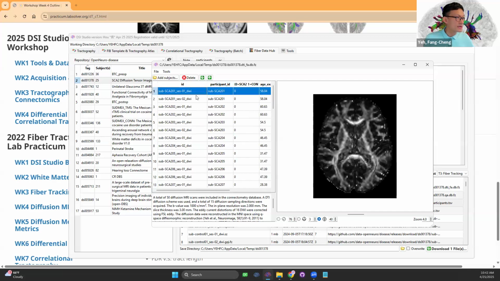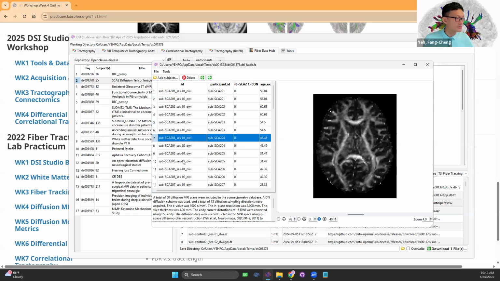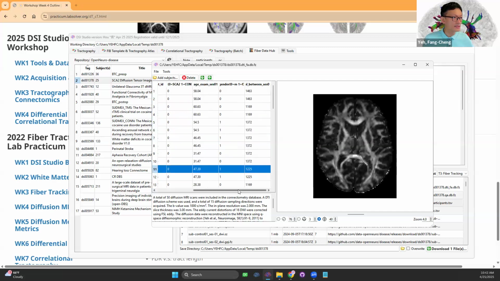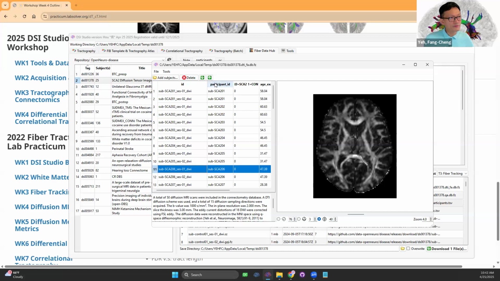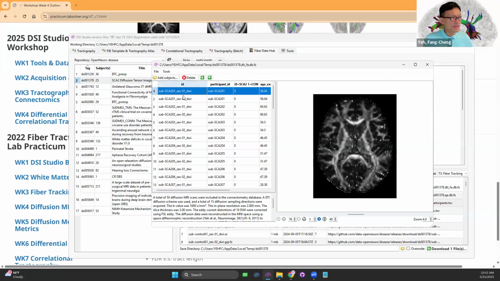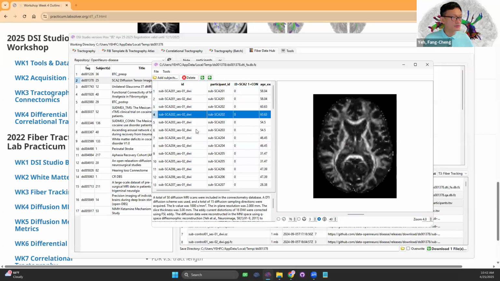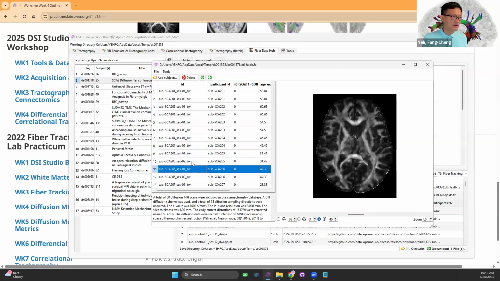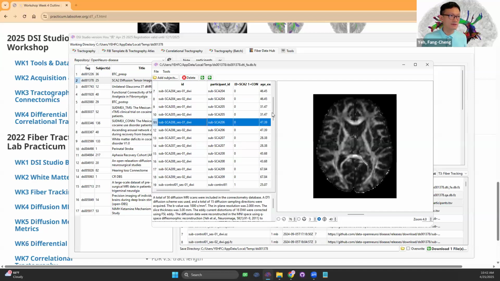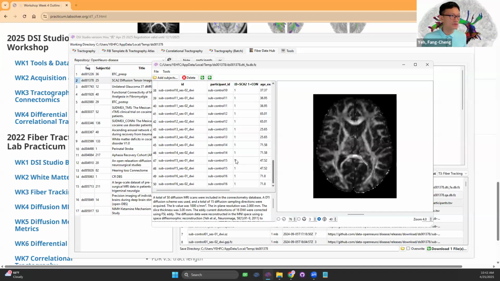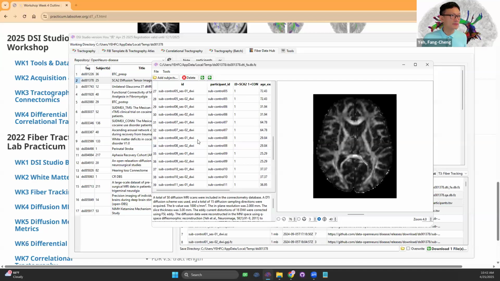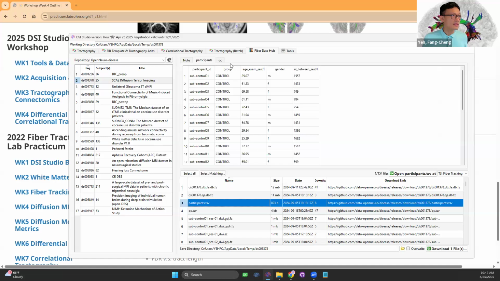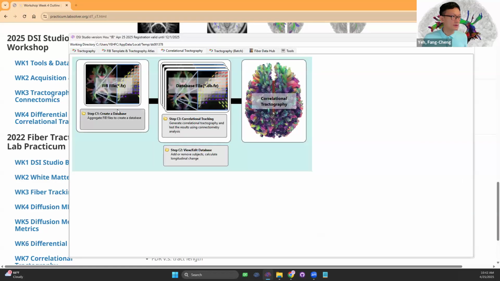You see that this one includes session 1, session 2, session 1, session 2, and everything will be associated. Usually for the demographic file, I put the first column as the subject ID, and I will check the file name. This is a double check to make sure your demographic matches the subject files you have. Otherwise, the downstream analysis will be wrong. So make sure this is matched here. Everything's okay, and then we can go to the next step, correlational tractography,